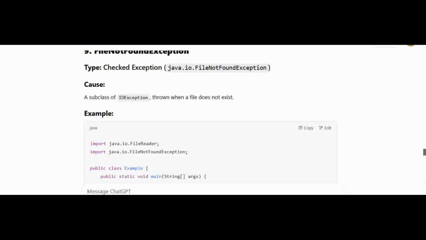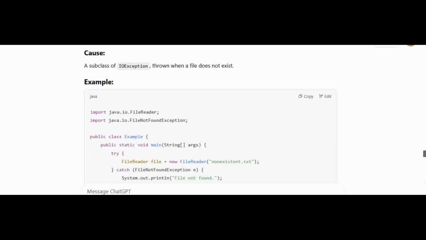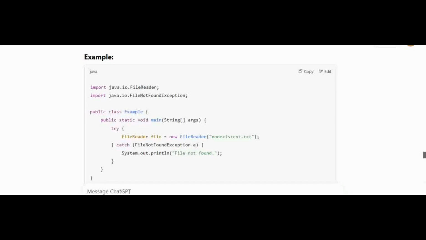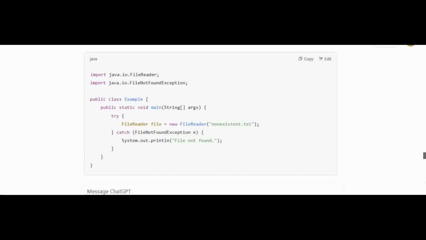You have import java.io.FileReader; import java.io.FileNotFoundException; public class Example { public static void main(String[] args) { try { FileReader file = new FileReader("nonexistent.txt"); } catch (FileNotFoundException e) { System.out.println("File not found."); } } }